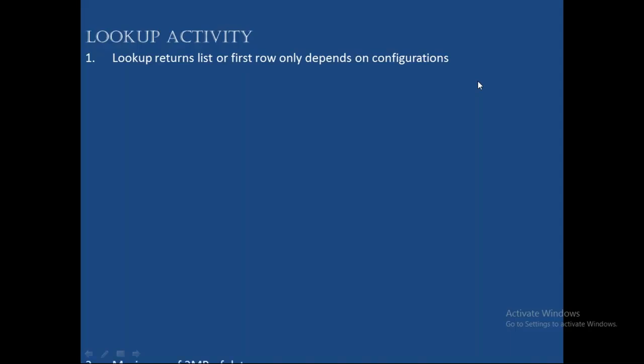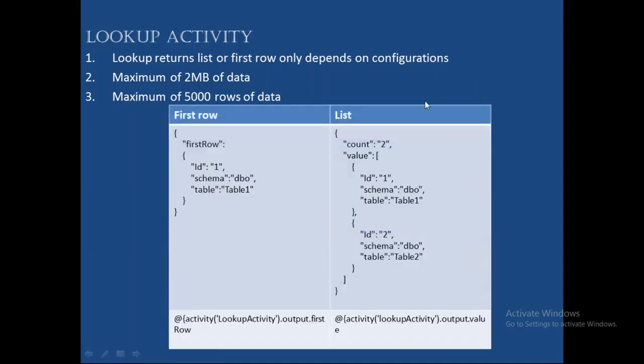So how much can it read for the entire table? A maximum of 2 MB of data, or a maximum of 5,000 rows. Lookup has the capability to read only, because lookup is basically meant to read metadata. Metadata will not be more than 5,000 records, and it will not be more than 2 MB. That's why lookup supports these configurations. Once you have done that, we will see an example here. If we have first row,